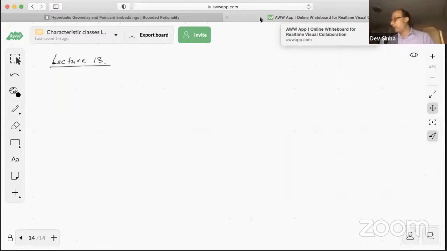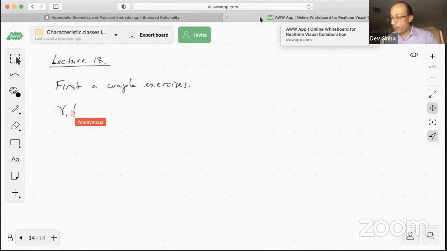to the rest of the story. Although I did want to go back to a couple exercises based on, so first a couple more exercises based on that material, and then I'll go on to new material. So first, I wanted to just say that the map from gamma 1 R2, that's the Mobius bundle,